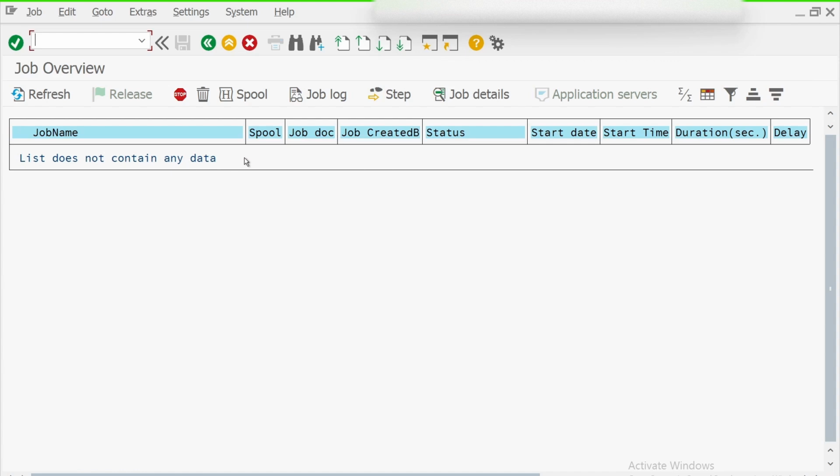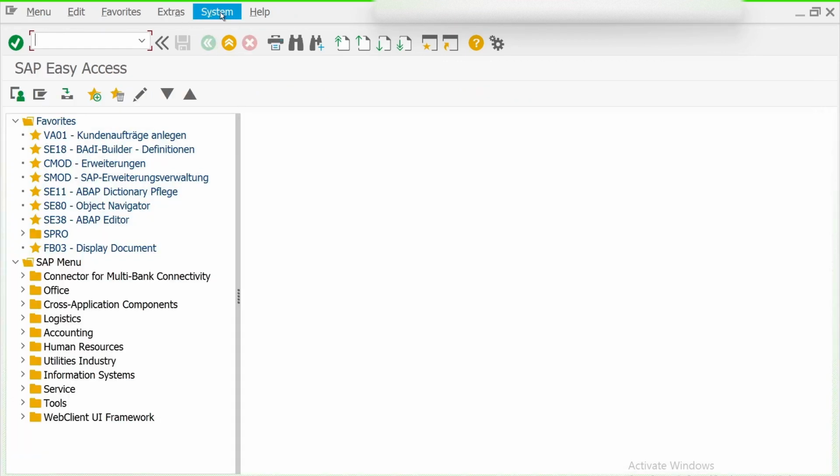It means I haven't scheduled or run any job. That's why I have no data. Otherwise you will be able to see the job name, job created, what the status is, whether it is active, released, finished, or cancelled. So this is how we utilize that option.